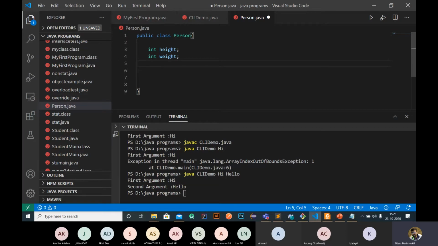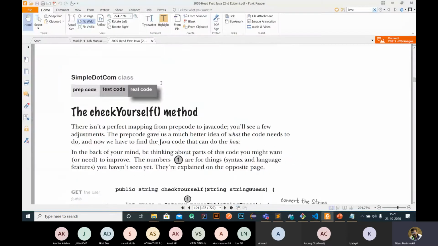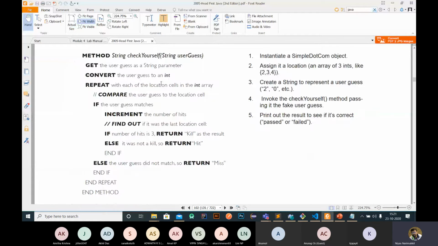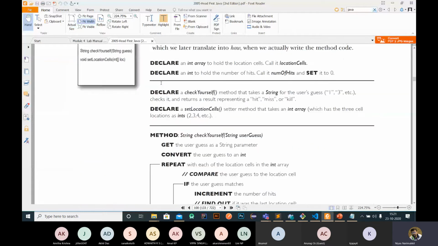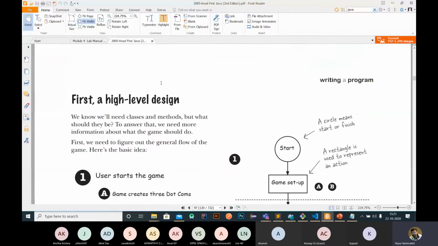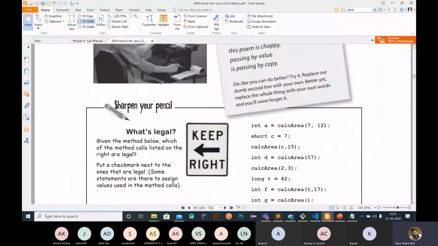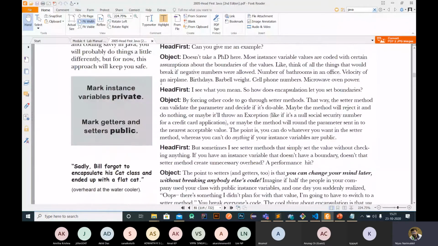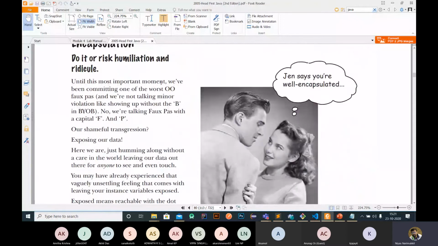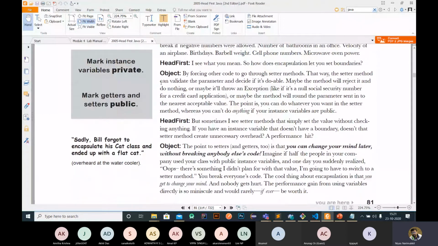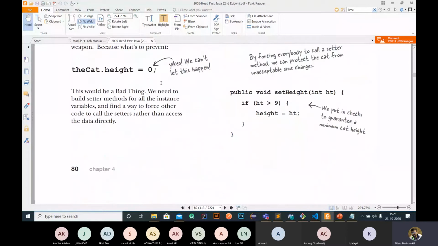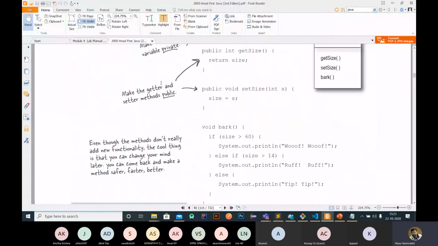So I will show you an example, or we can use the same example from the textbook for reference.